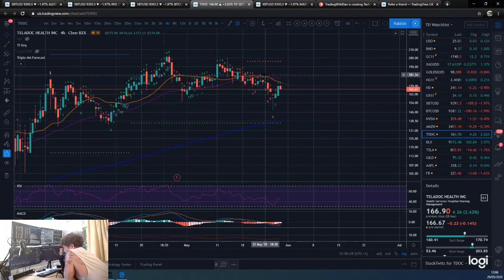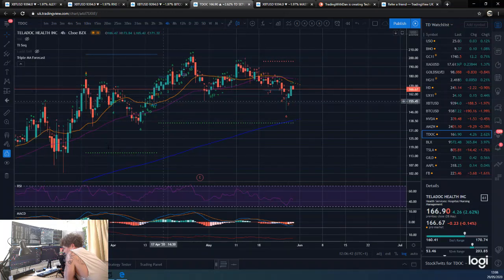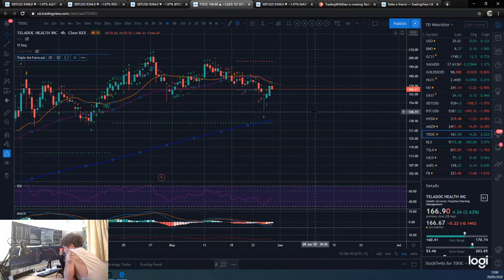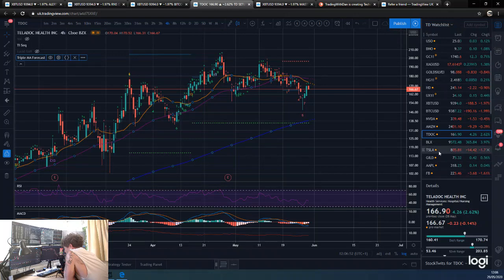So yeah, we had a nice 4-hour buy trade, which didn't activate, so no trade. So that's what you want. You just don't want to be in the trades that don't work. So I nearly got a 9 down here. I was buying at this zone anyway, and this zone near this 9, and wasn't at this one. And I wasn't selling here either. But yeah, some great 4-hour trades on TDOC.